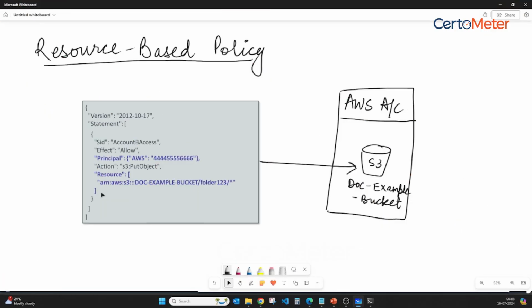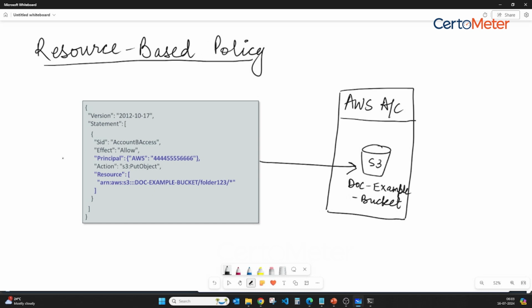Let's understand resource-based policy. What is resource-based policy? Resource-based policies are attached to a single resource like an S3 bucket, your EC2 instance, or maybe a Lambda function. You will be learning about S3 bucket, Lambda function and EC2 instance in the upcoming sessions. But right now it is important for you to understand this. Look at this example of the policy JSON